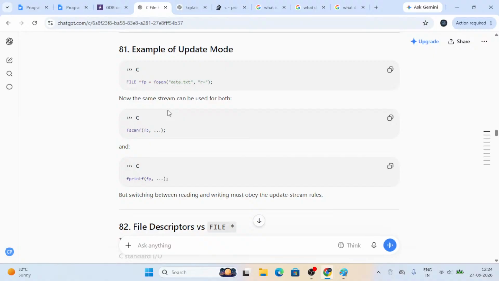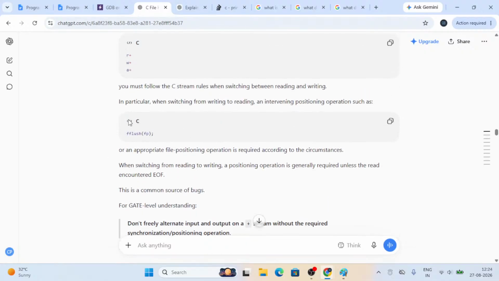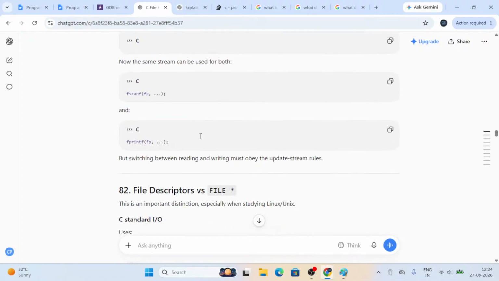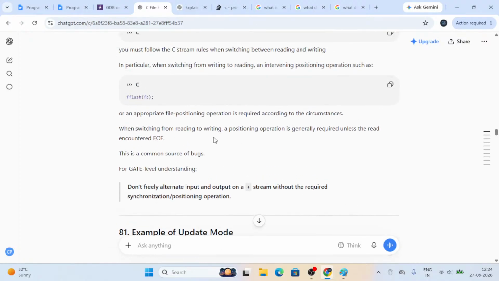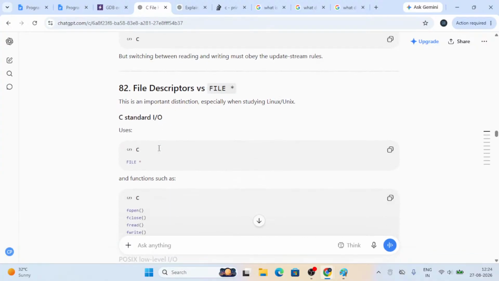So we will take the value from here and print to fp. So complete stream rules should be maintained. So we have to write fflush because the buffer may not be completed. It is going to writing mode. So that is why